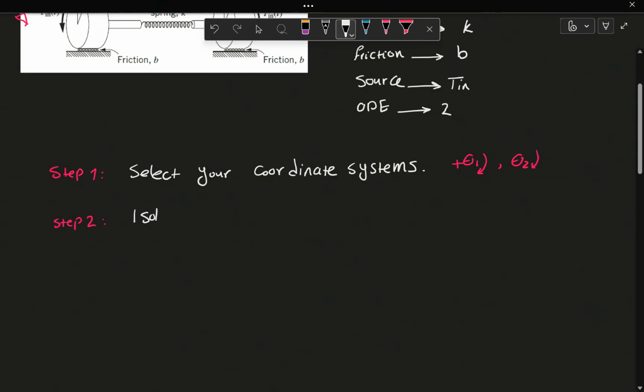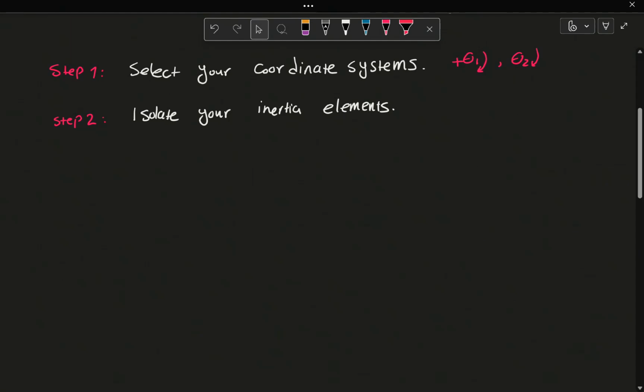So isolate your inertia elements. I have two inertia elements, and I'm going to isolate them. So first, the piston,